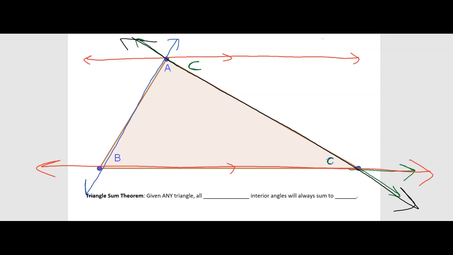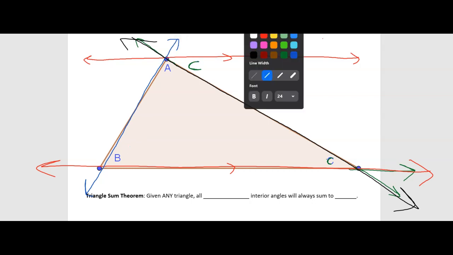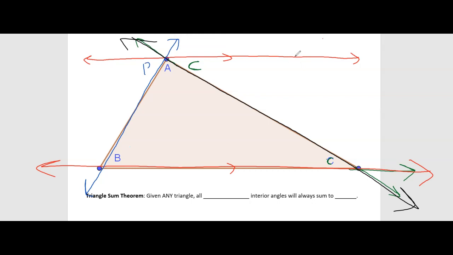Okay. So if I look at B and this angle up here, right, they're both inside the red parallel lines, which makes them interior, and they're on opposite sides of that blue transversal. So these are also alternate interior, which means they are congruent, which means I can label that one as B as well. If you didn't understand that explanation for alternate interior, I'd encourage you to pause the video and go back. Make sure you're sketching out your own diagram, trying to figure out what lines are parallel, etc., to figure